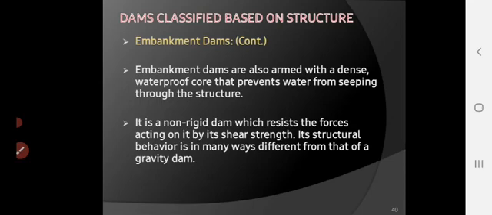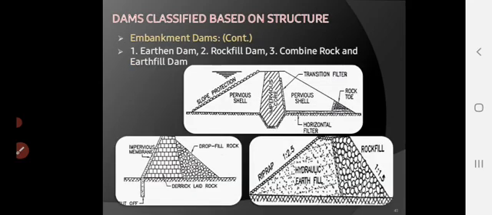Embankment dams are also armed with a dense waterproof core that prevents water from seeping through the structure. It is a non-rigid dam which resists the forces acting on it by its shear strength. Its structural behavior is in many ways different from that of a gravity dam. It is totally different from a gravity dam. Now let's see this figure again. The first figure shows you